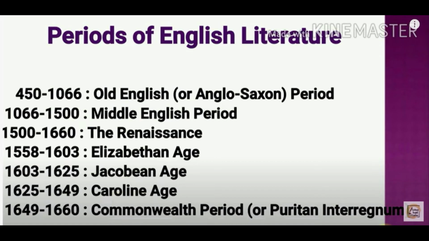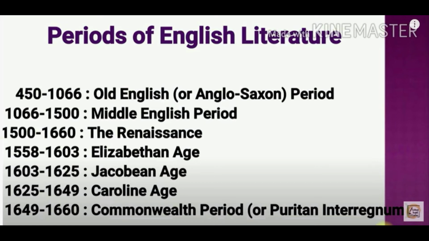Okay, the next period in our list is the Renaissance period. When we are talking about the Renaissance period, we should take into account the ages. The first age is the Elizabethan age, which spans from 1558 to 1603, and the Jacobean age from 1603 to 1625, the Caroline age from 1625 to 49, and